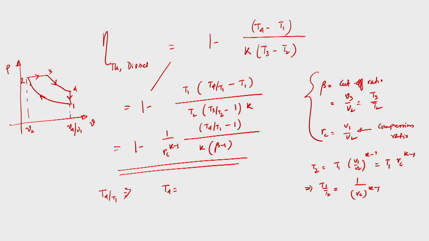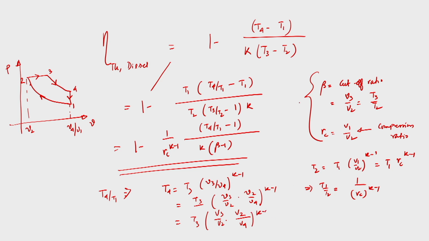Process 3 to 4 is isentropic expansion, the power stroke. So T4 is equal to T3 into V3 by V4 to the power k minus 1. Now I can rearrange this term: T3 into V3 by V2 into V2 by V4 to the power k minus 1. Now the question is, if I go to the next slides,